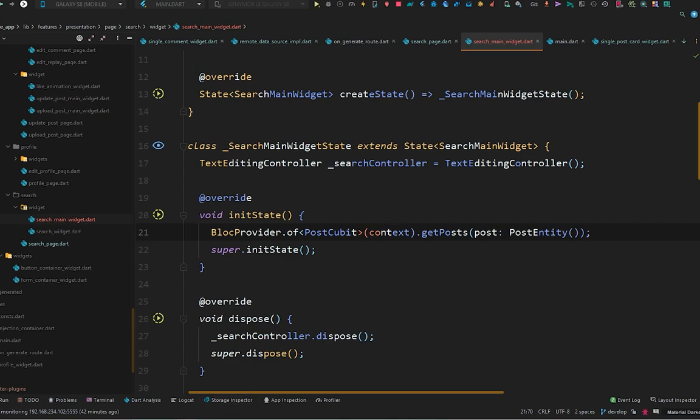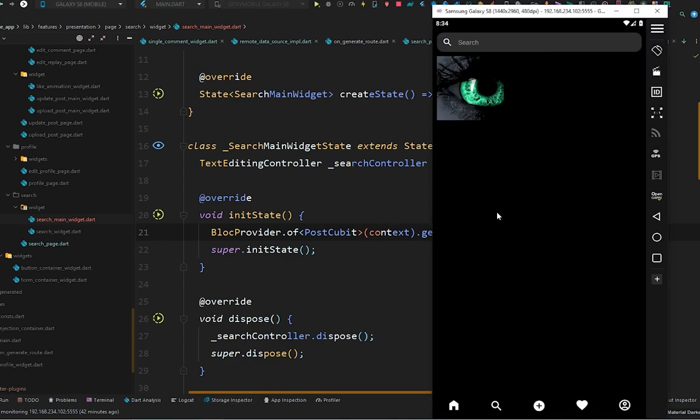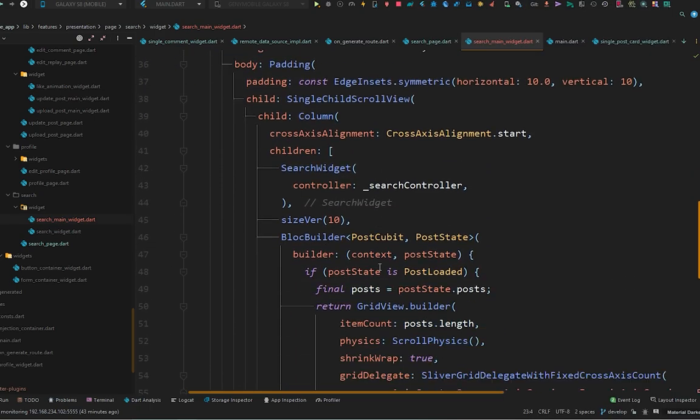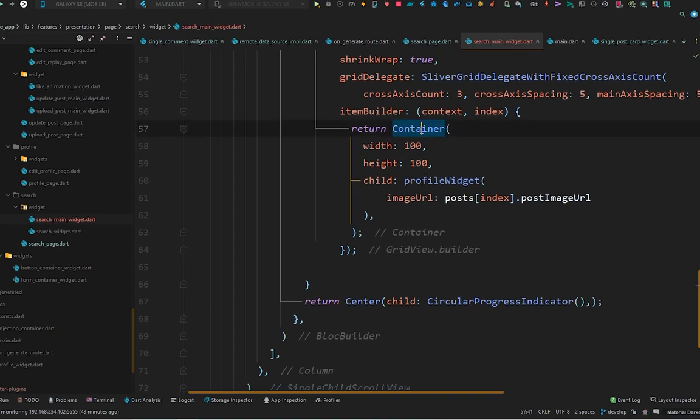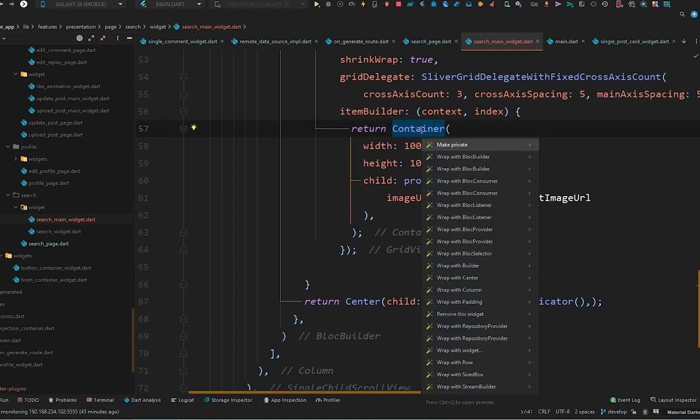So after some time, open up your emulator and go to the search page, and you can see we got the single post image in here, which is not clickable for now, and we are going to do it in a while. So first of all, let's wrap this container with the widget. That will be our